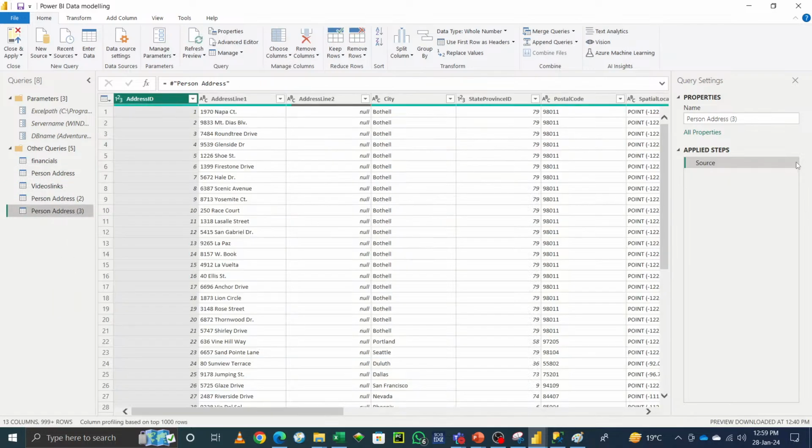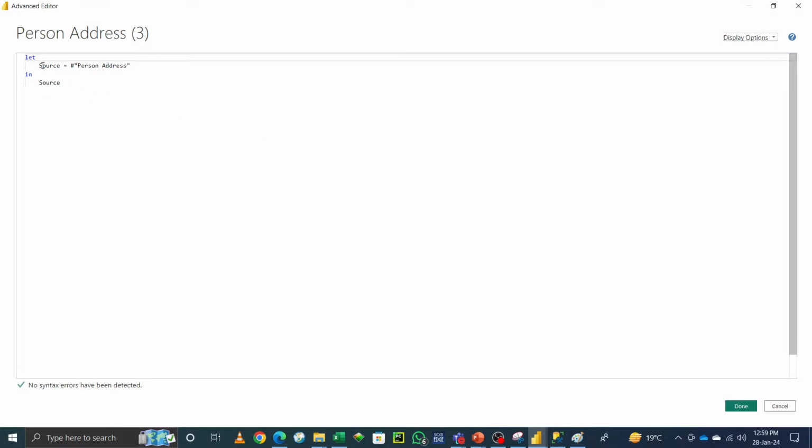We don't have a source here. What is the source? It's going to use personal address. See here. Source would be